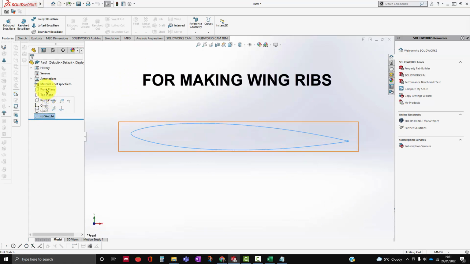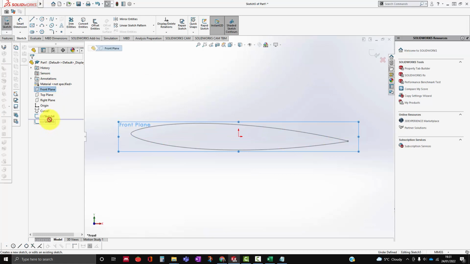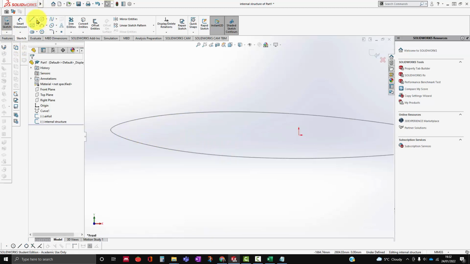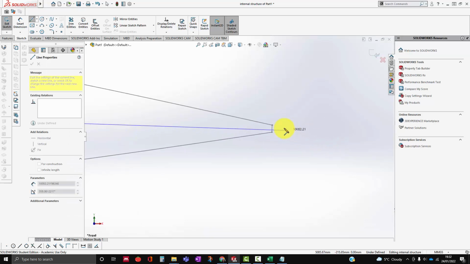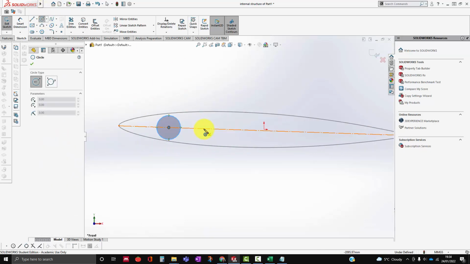So you create a sketch, front plane, another sketch. So I like to name it airfoil, and then from here, for instance, if you have to create a circle, create a line, a camber line like that. Construction, I don't really want to teach something complicated. Then I can put something like